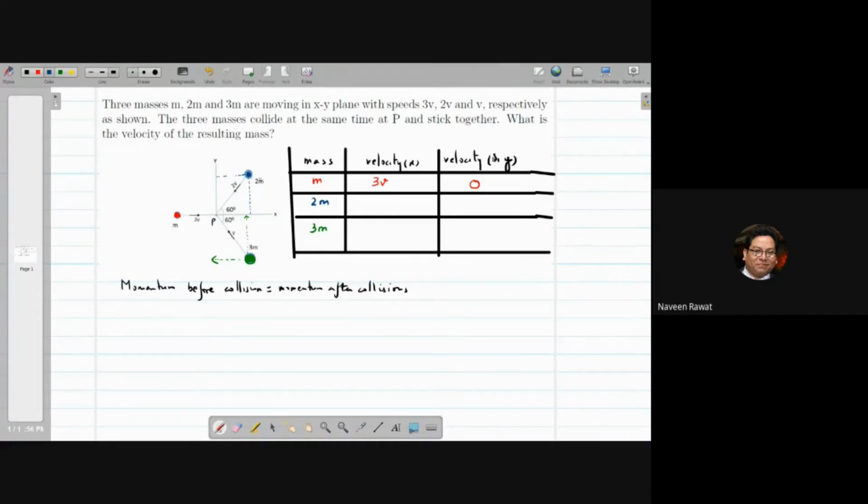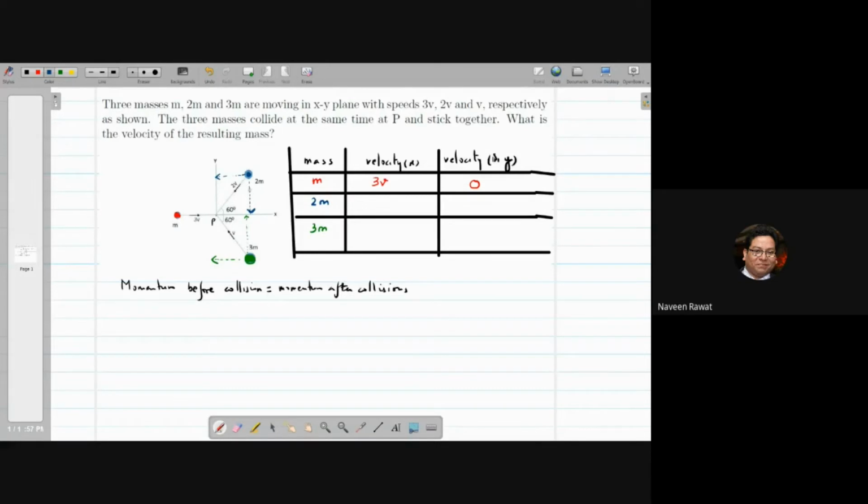which is moving with velocity 2v. So now we will decompose this into the x and y directions. Okay, so this is your component in the x direction, and this is your component in the y direction. All right, so we can use trigonometry and say that this angle, which is given as 60 degrees, sine of this angle will be opposite side by hypotenuse, right? So for this component of the vector in the y direction, we will get the value in terms of sine of 60, right? So this will be minus 2v sine 60, right?